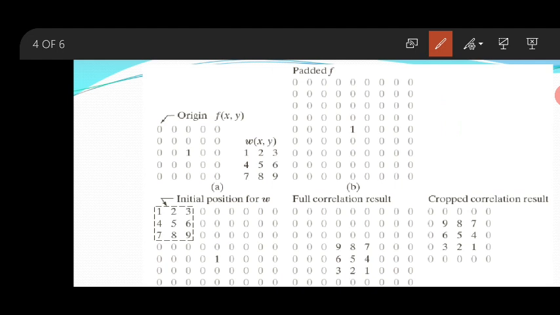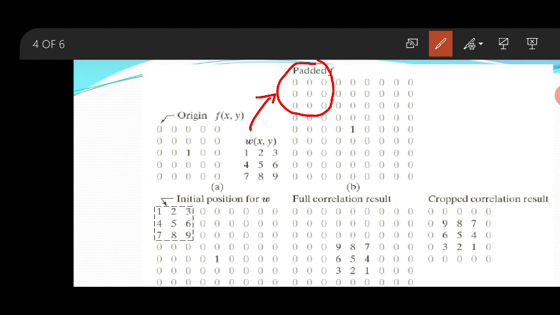In the next step, we will keep this W onto the pixels. The very first position we keep it here. What is the size? 1, 2, 3 by 3. We place the 3 by 3 window onto the 3 by 3 pixels.